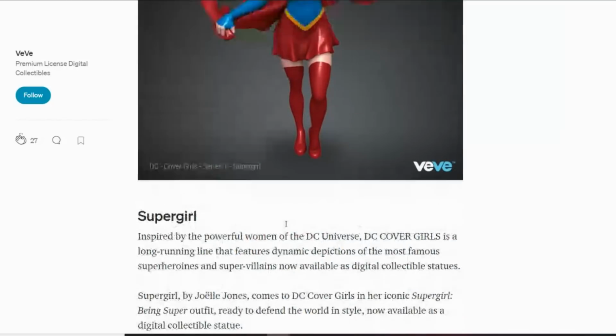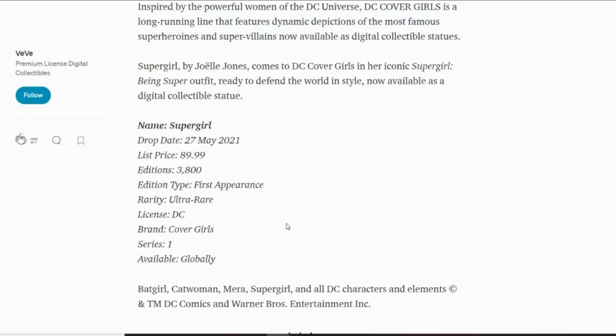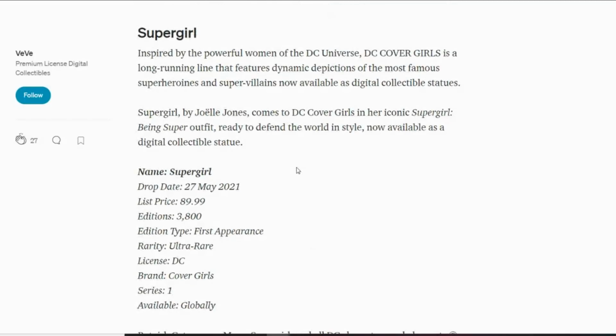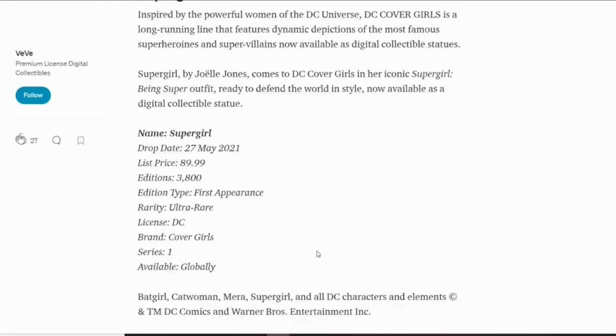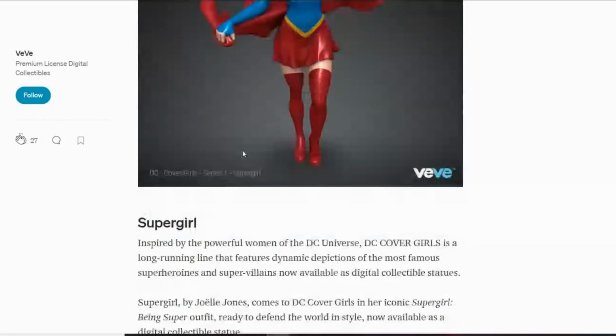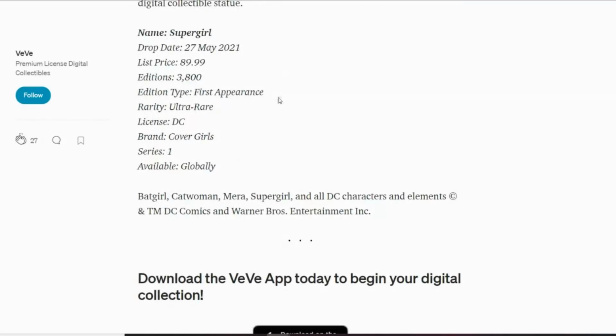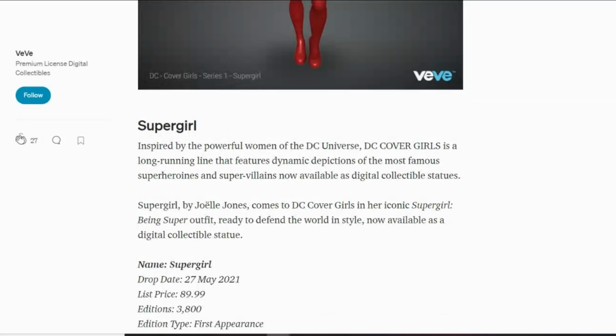Supergirl, I imagine most people are going to be going for this, unless they're going for the less common ones because they're trying to go for low mints. Then, yeah, I reckon this one will probably sell out in 10 seconds as well, but it is what it is. This will probably get relisted on the marketplace for like 20 to 30 gems more than what it's listed for initially, so I think that'll be fine.